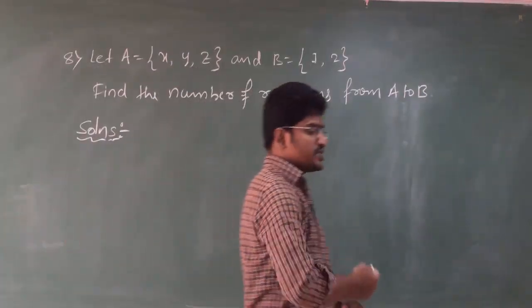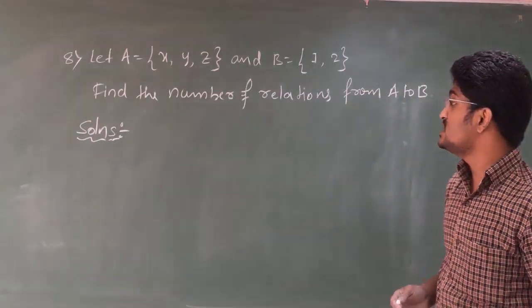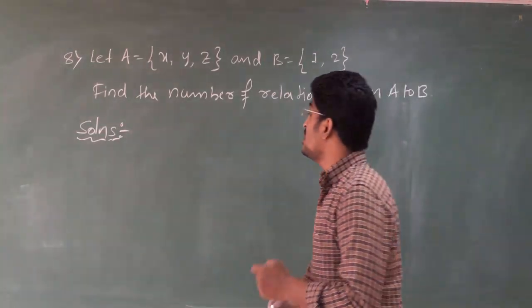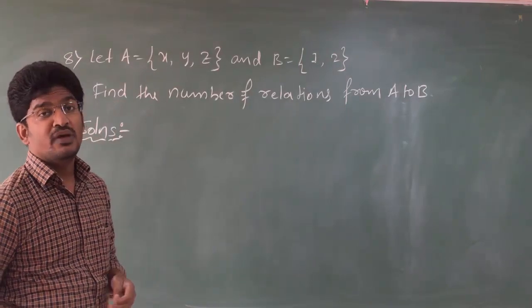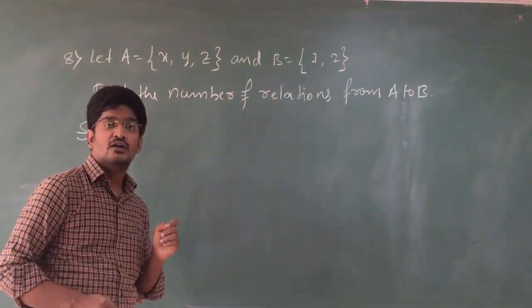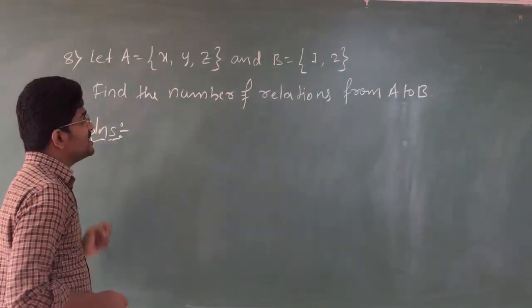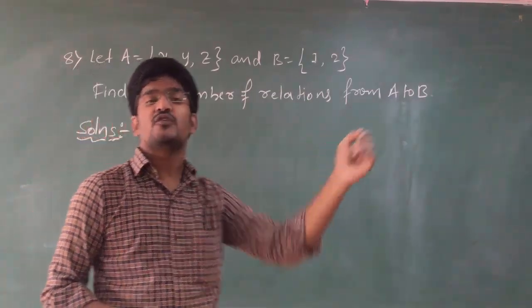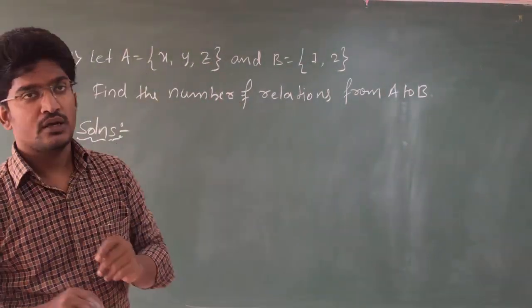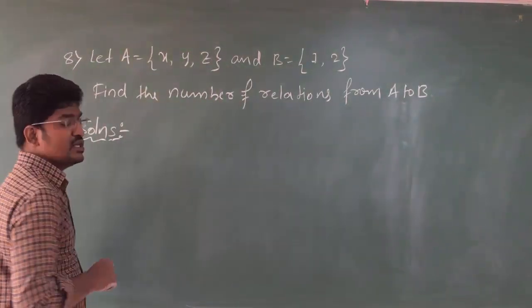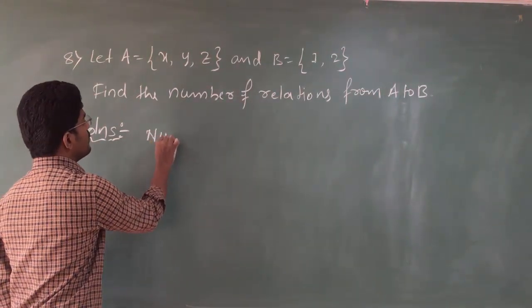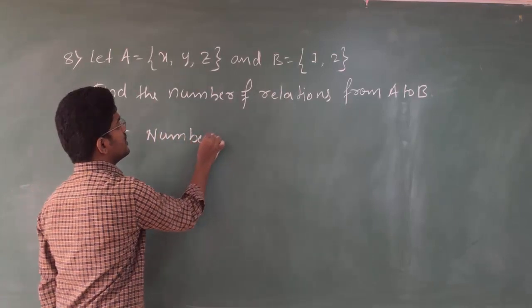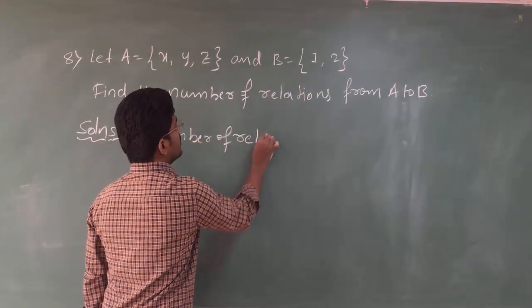Students, now let us go to the 8th question, that is, let A equal the set {x, y, z} and B equal the set {1, 2}. Find the number of relations from A to B. Clear? Okay. As you all know, the formula for the number of relations is